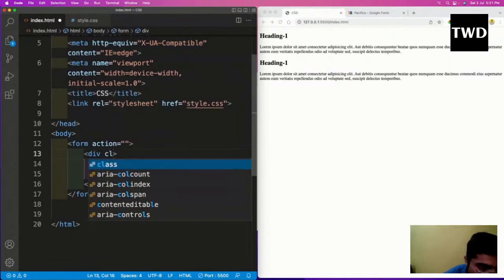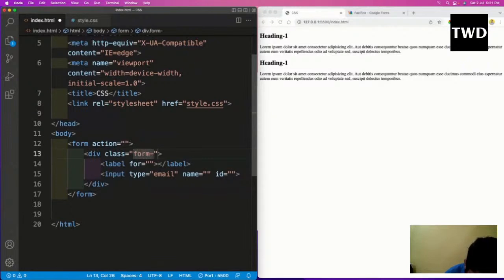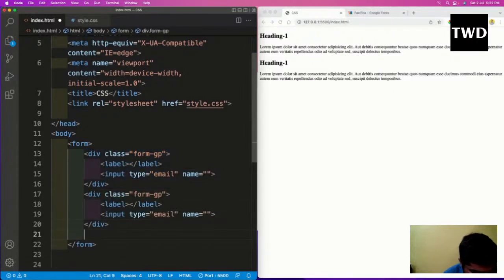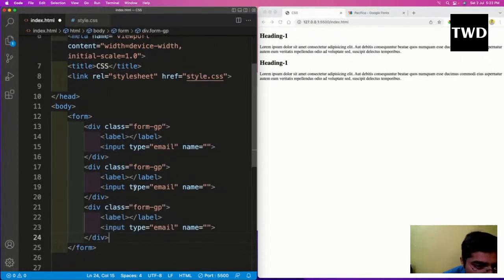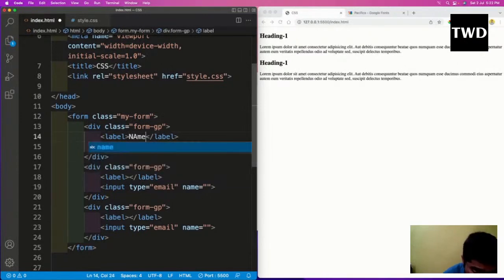So here we'll have the class as form group, and label for is not required. Fine. So this is the form, action not required here, no action I need. So this is the common part, and now let us copy it, Control V and Control V. So now we will have a class here, and the class name is my form. So div class label will have the label as name,